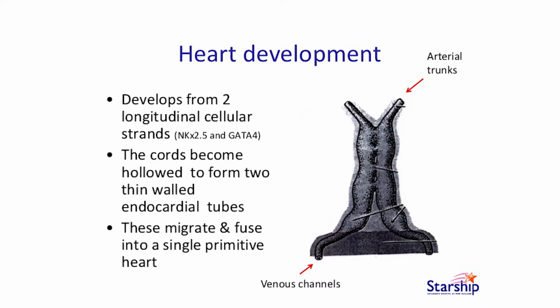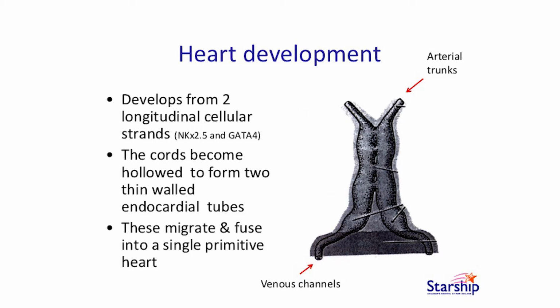As I mentioned, the start of the primitive heart is derived from the mesoderm, following cell signalling. I did quite a bit of reading about cell signalling and fell asleep. So I've put a few of the really important cell signalling hormones there, and cardiac specific genes are expressed on these 2 areas, and that's my summary of cell signalling. But basically, you start out with 2 longitudinal strands that are hollowed,